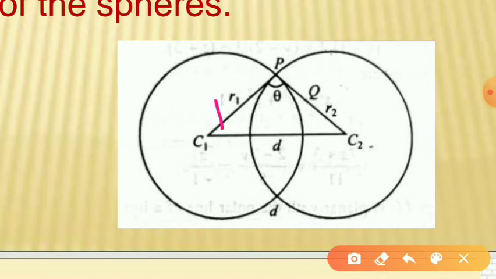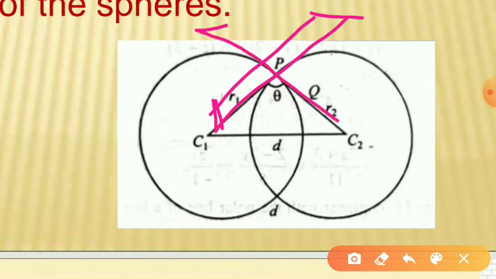You can draw tangent planes to these spheres at the point P like this. These two are tangent planes to the given spheres at the point P. Therefore, the angle between the tangent planes is said to be the angle between the spheres. That means the angle between two spheres is nothing but the angle between tangent planes at the common point to the two